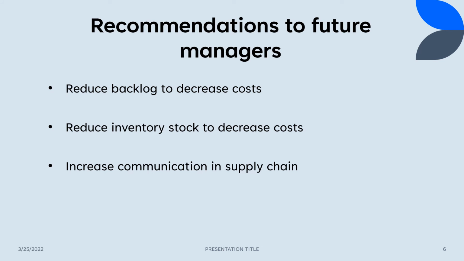Recommendations I give to future managers would be these three: reduce backlog to decrease costs, reduce inventory stock to decrease costs, and increase communication in the supply chain. So all three of these would probably go together. Would definitely go together. Reducing backlog and reducing inventory both would decrease costs. And as we saw in the simulation, having backlog is horrible. As I said in the earlier slide, having too much inventory is also really, really bad